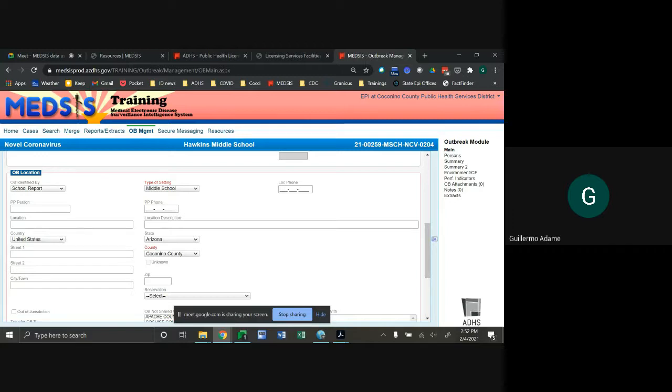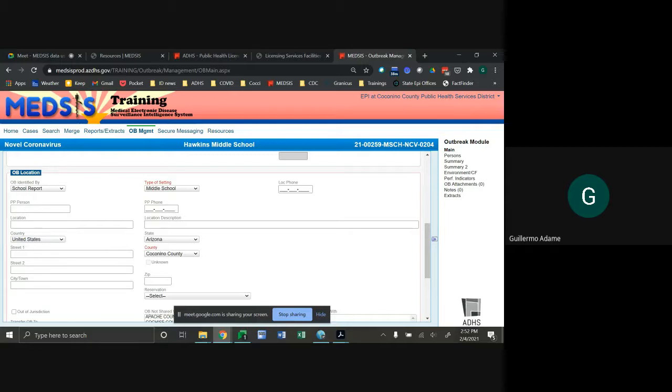For location, we want to indicate the name of the setting. For example, enter the name of the school, which we'll do, long-term care facility, correctional facility, etc. Please don't enter the address in this field. The fields are below for the address.